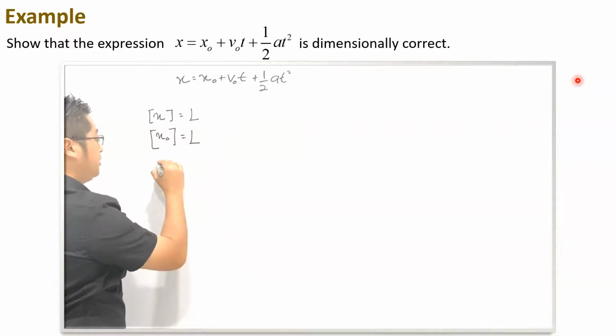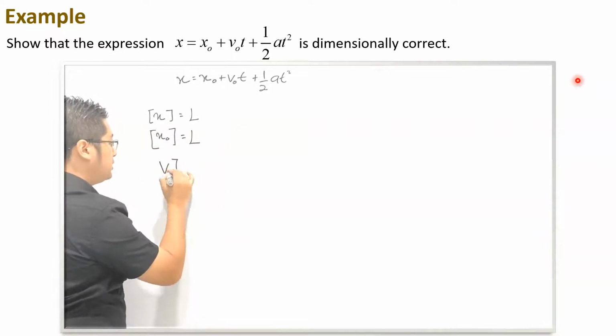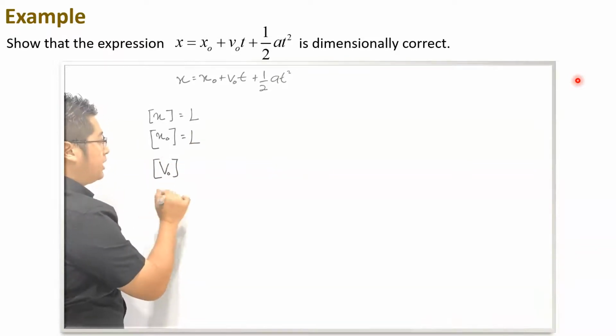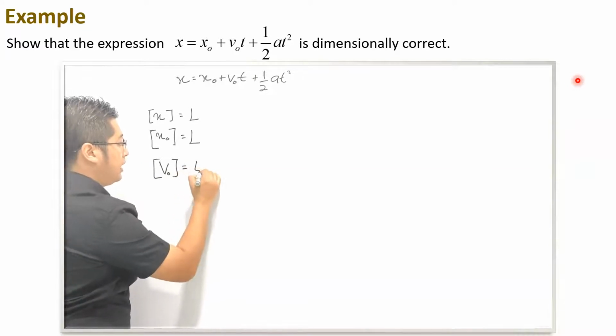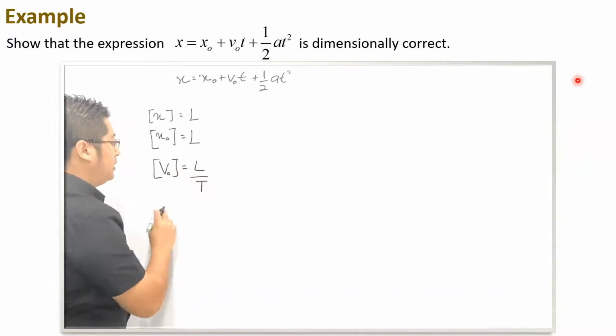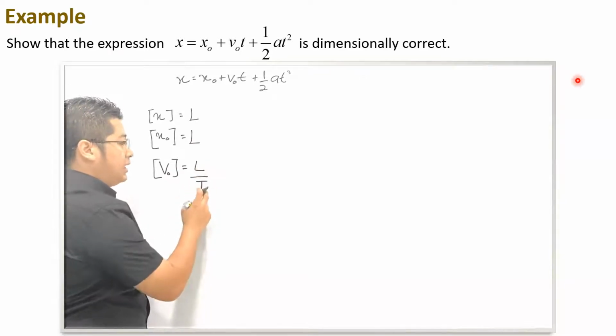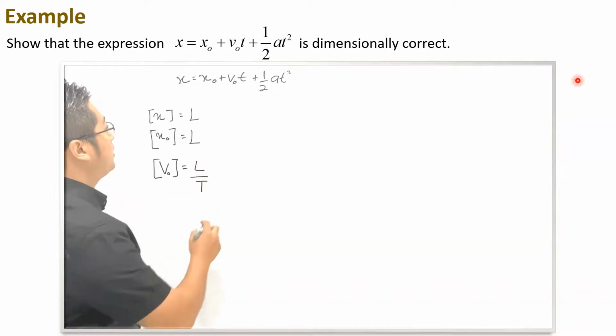Then we note velocity. The dimension of velocity is written in square brackets and equals length over time. It has two dimensions, the length and the time, and then half